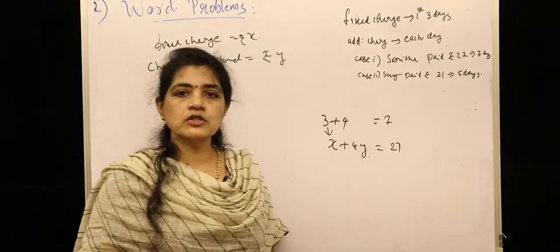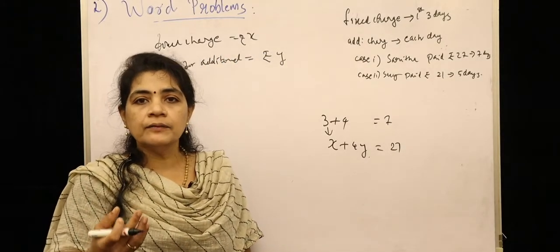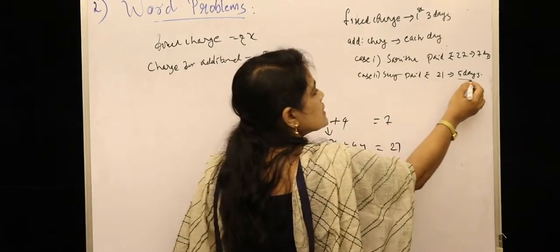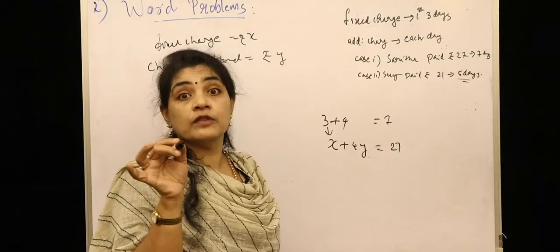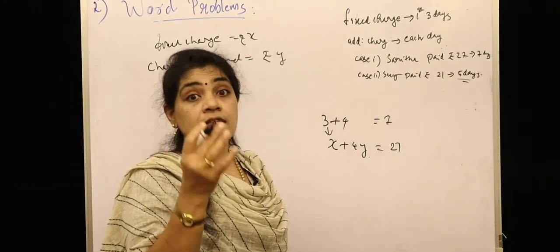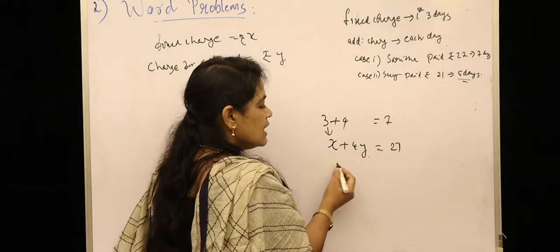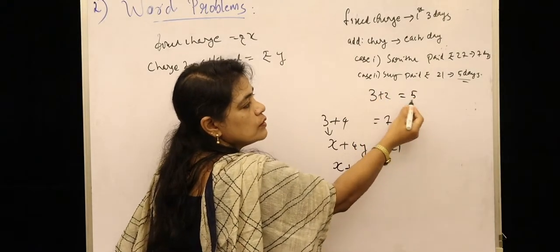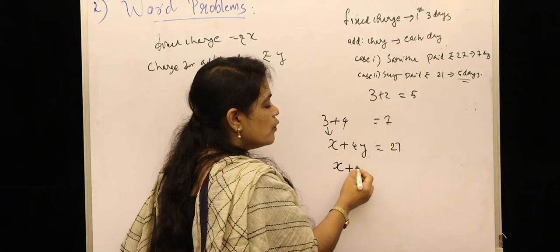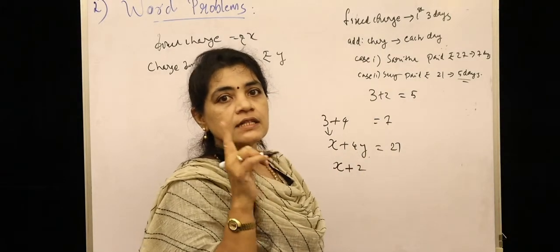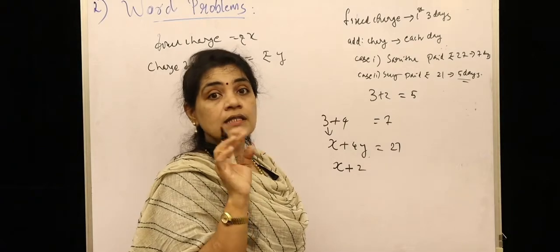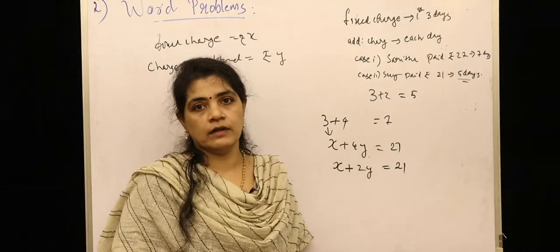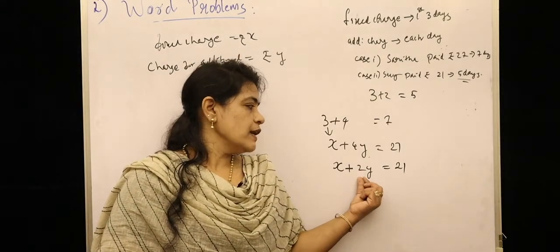The same way for the second student, Susie, she paid 21 rupees. And how many days? She kept the book for 5 days. So this 5 should also be written in terms of 3, because 3 days she can keep for x rupees. That is the fixed charge, for 3 days, that is x, plus this 5 will be 3 plus 2. 5 minus 3 is 2. And if 1 additional day's charge is y, then for 2 days it is 2y. The amount is given as 21. So 21 is equal to x plus 2y.